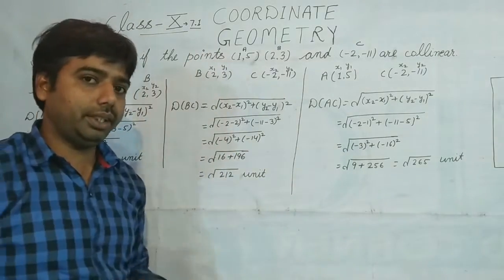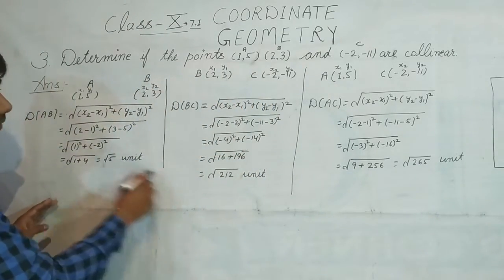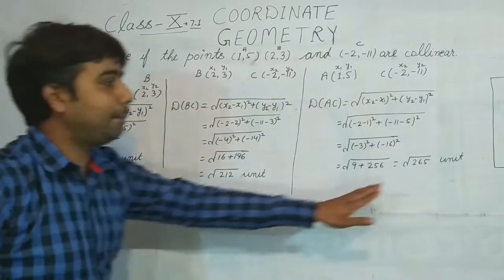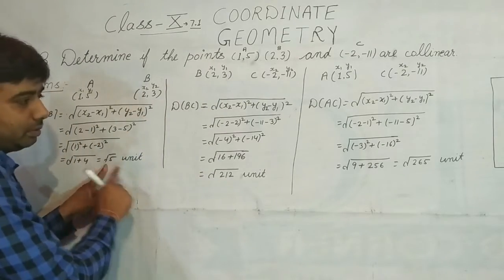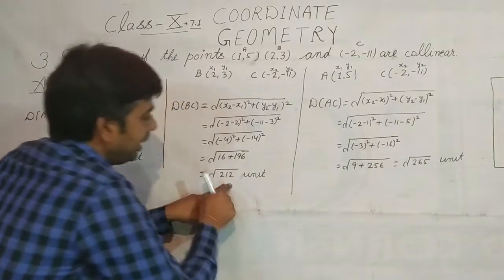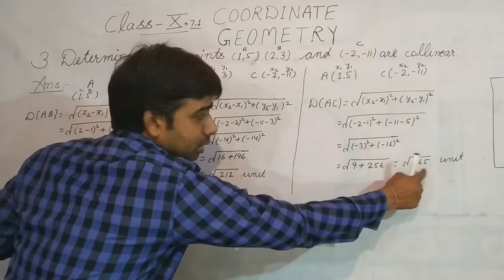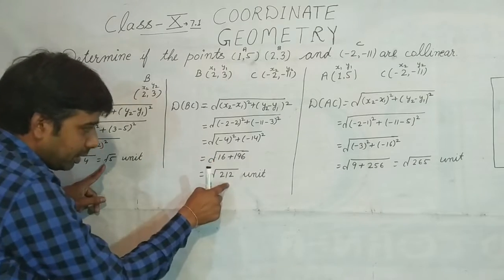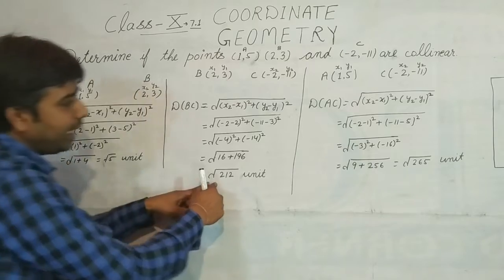Now the main question is here. This is the biggest line according to the number. This is 5, under root 212, under root 265. In the biggest line, if I add any one, either this one or this one, it cannot be equal to the biggest. But for a shorter line, this one and this one can be added to give this one.